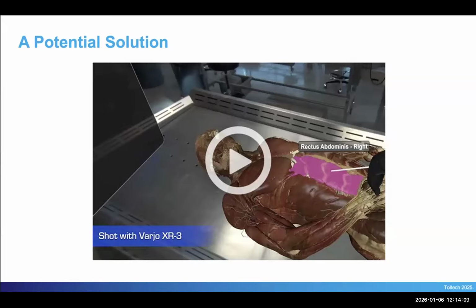Now, the benefit of this is that it is very portable. It can be used in a simulation lab. It can be used in a conference room. Here in this image, they're actually using it in an anatomy lab as a supplement to cadaver-based education, but really